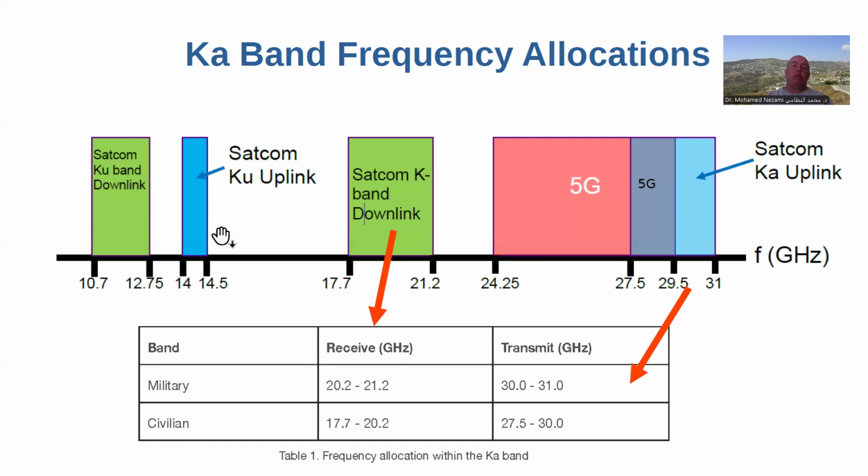Of course, the Ku band is lower in frequency, which is easier to work with. You can see the Ku band downlink for LNBs is down here between 10 and 12. As most of you know, to separate the receiver from the transmitter on these SATCOM terminals, frequency division duplexing is really great. For instance, in Ku band, you transmit between 14 and 14 and a half, and you receive from 10 to 12 or 13, which gives you a gap that is good enough